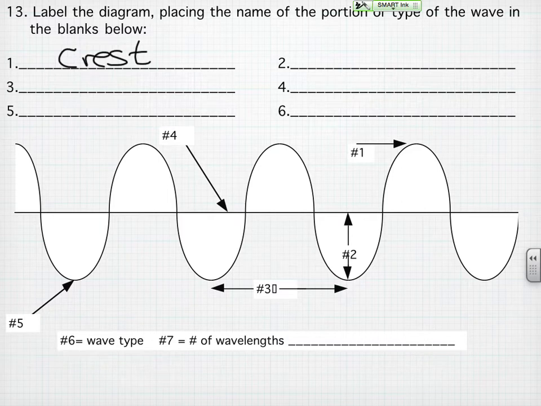Number 2 is pointing toward amplitude. Yes, that was the distance from the rest position down to the trough. Same thing if it was the rest position up to the crest. That is called the amplitude. I thought the amplitude goes from the bottom to the top. No, amplitude is from the rest position down, or rest position up. Number 3, if I'm measuring from a trough to a trough, it's the same as if I measure from a crest to a crest, or a trough and a crest, that's going to be one wavelength.